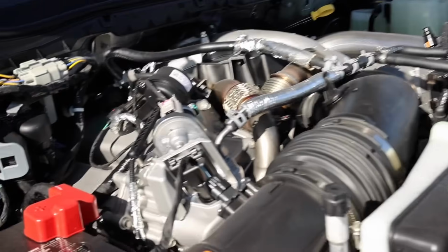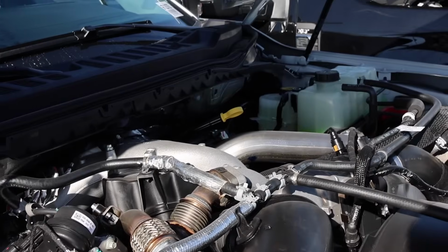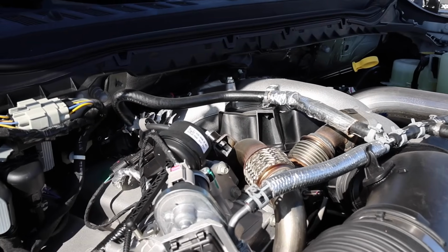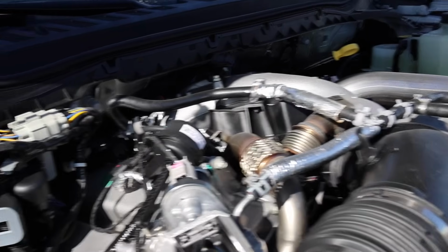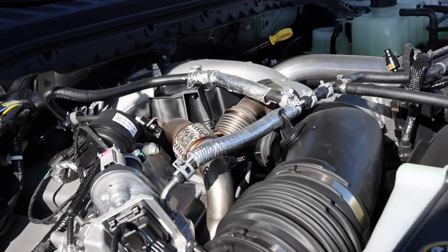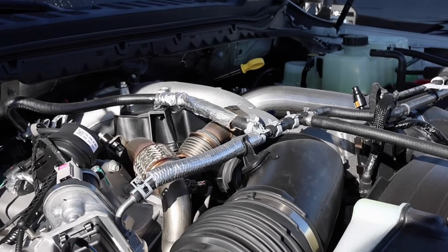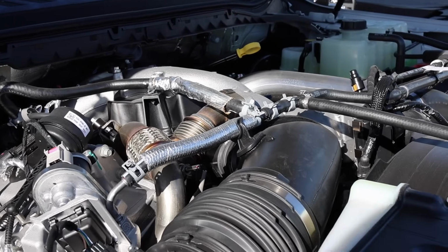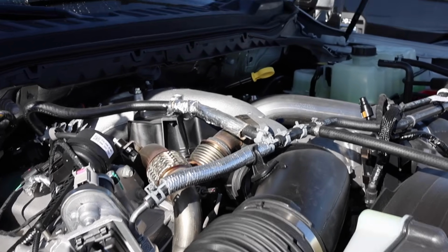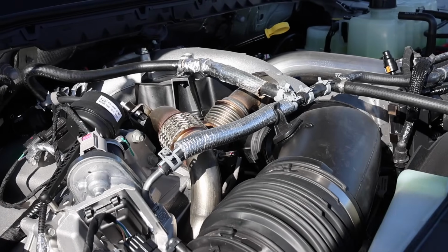Now this is obviously the most popular option in the segment because who doesn't want a diesel? Big horsepower, big torque, and with that forced induction, you're always going to get that power you need going up steep grades. And I live out here in Utah now, and because we're so high above sea level, you do lose power every 1,000 feet you go up, so it does suck because of that. So with that being said,